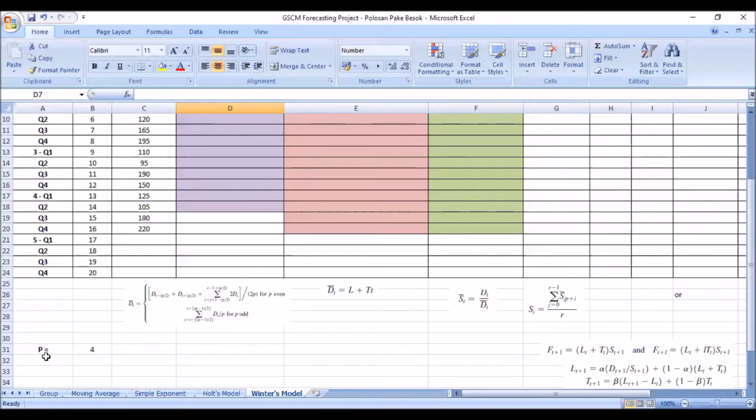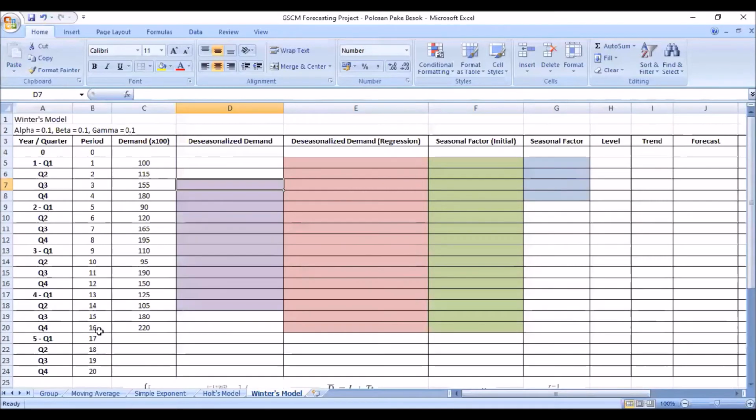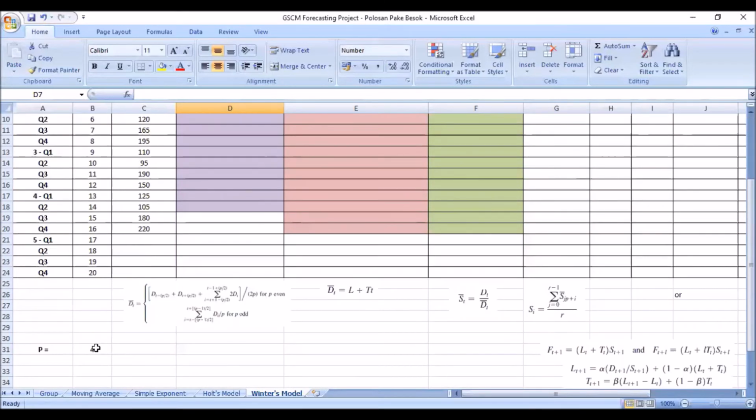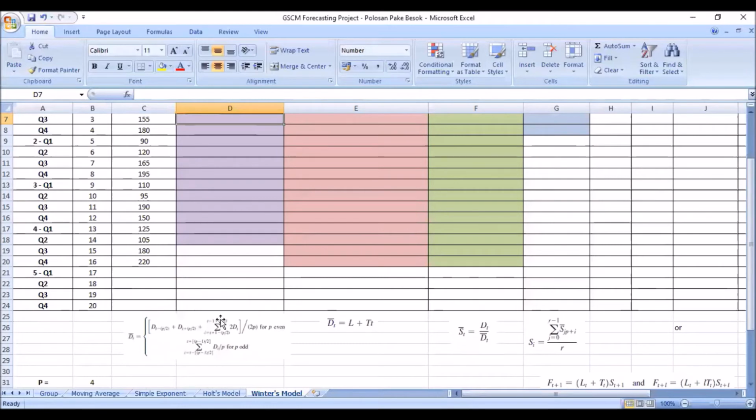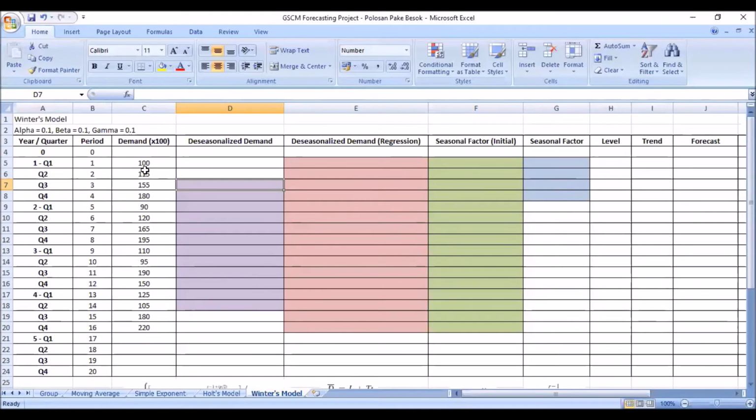In this one, we're gonna use the period of 4 because we have 4 years, but 4 quarters, so it means that there are 4 periods in each year. So the period is 4 and it's even for this one. We are just gonna divide the 16 periods into 4 quarters, and we're gonna use the even formula, which is kind of more complicated, but we need to use it